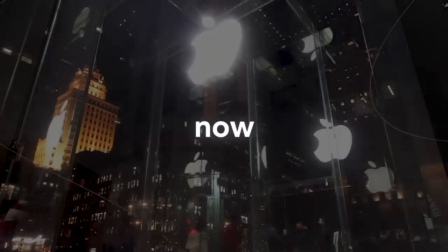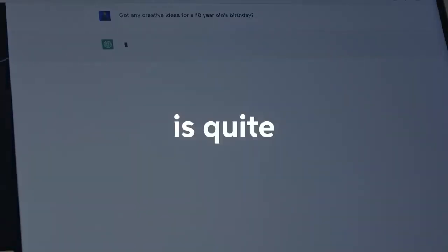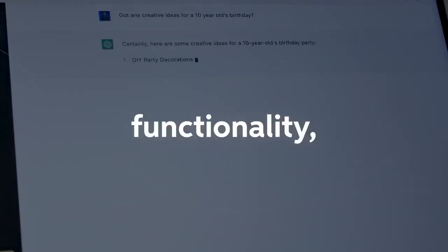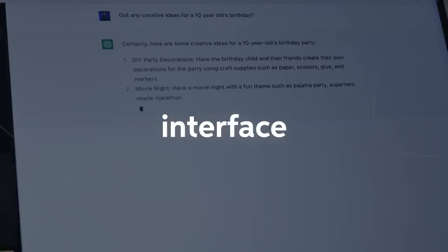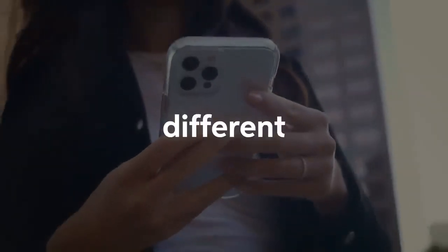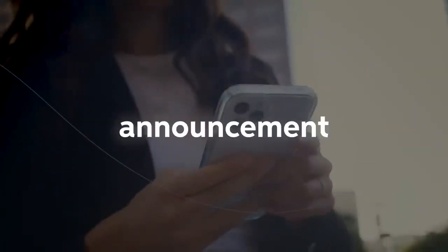Now, in comparison to other AI tools, Apple GPT is quite similar to other AI tools like ChatGPT and Google Bard in terms of performance and functionality, according to some sources. However, it's not publicly available yet, and it's only accessible through a web interface for a select group of Apple employees. And according to many different resources such as Bloomberg, Apple is expected to make a major announcement about its